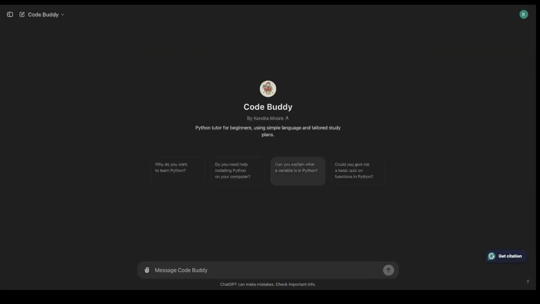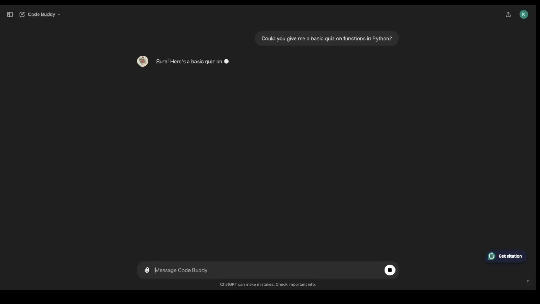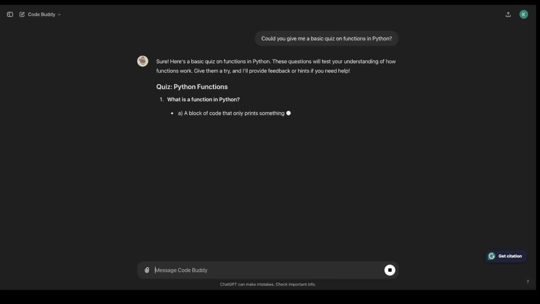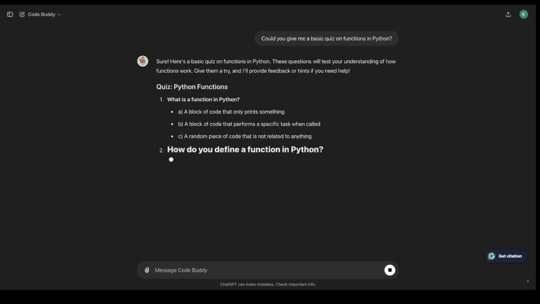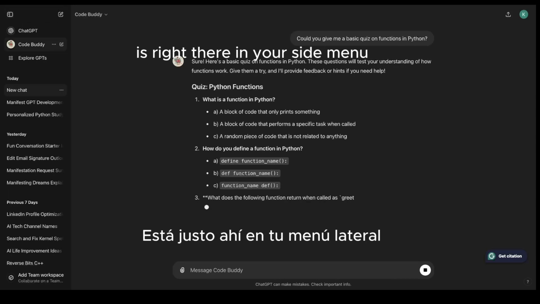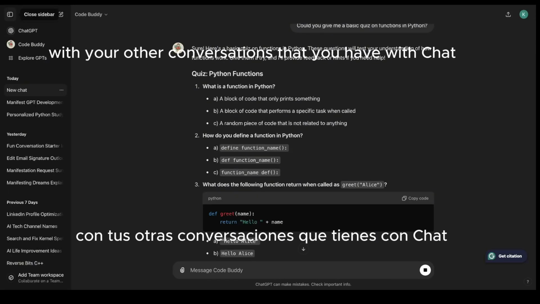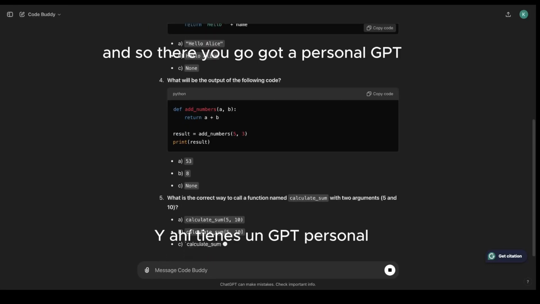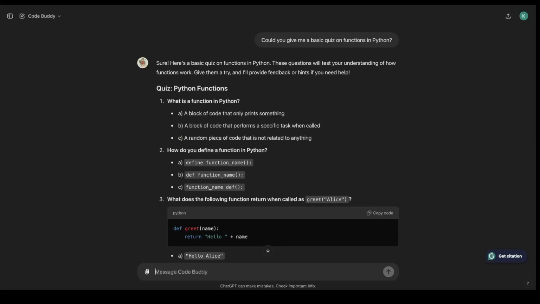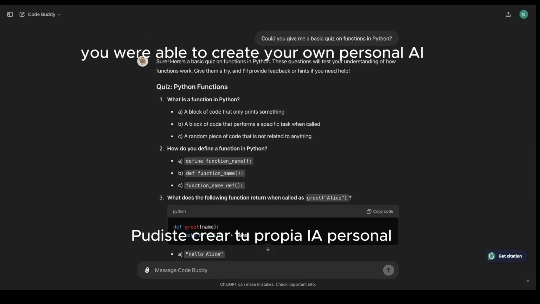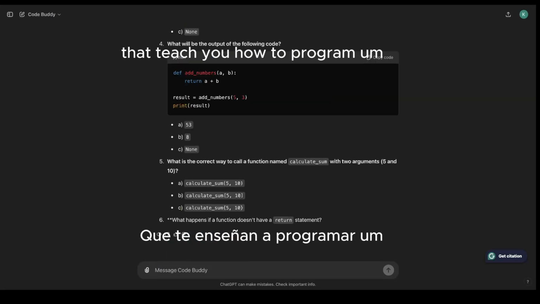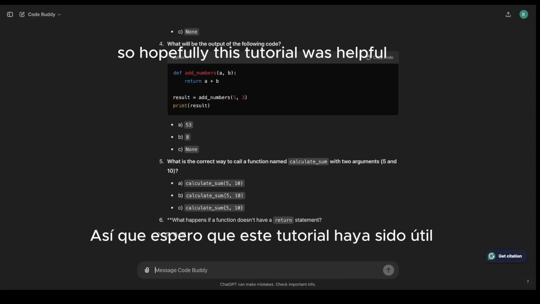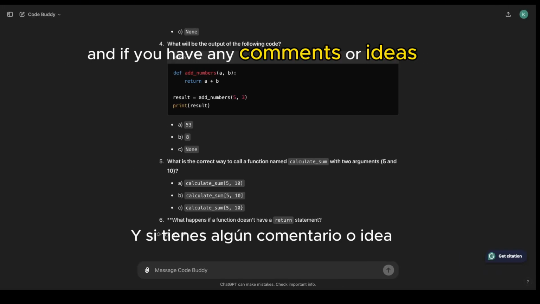And now there you go. Now you have your own personal GPT that you can use. Code Buddy. I'm testing it out again. And now you'll see that Code Buddy is right there in your side menu, with your other conversations that you have with ChatGPT. And so there you go. Got a personal GPT. Under 10 minutes, you were able to create your own personal AI that can teach you how to